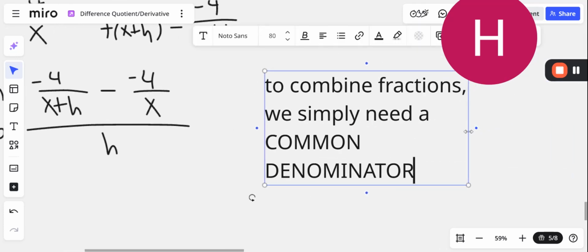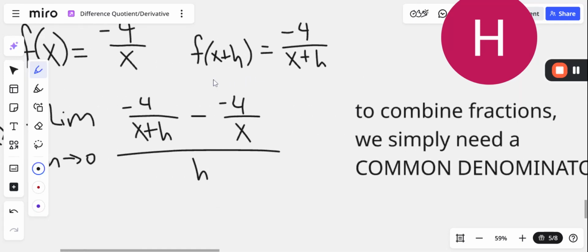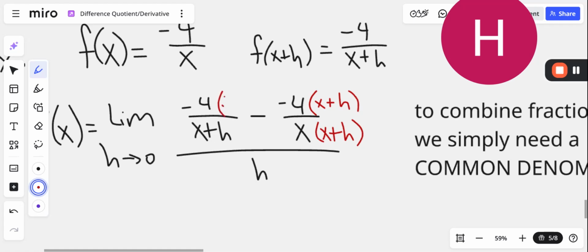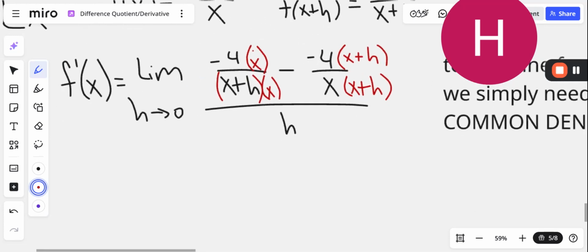Let's extend this a little bit. So just get a common denominator. How would we do that? We have to multiply this one by x plus h on top and bottom. And we have to multiply this one by x on top and bottom. And I put parentheses around it so that it's clear that x is multiplying the entire denominator there, not